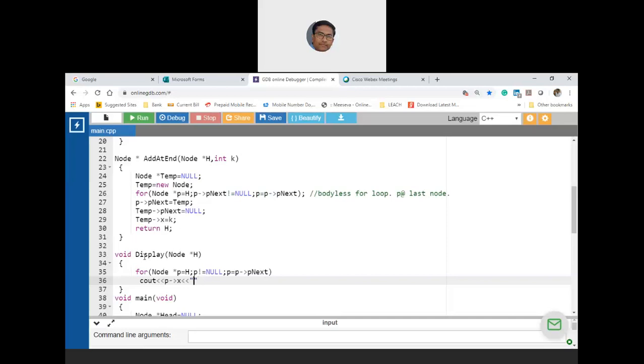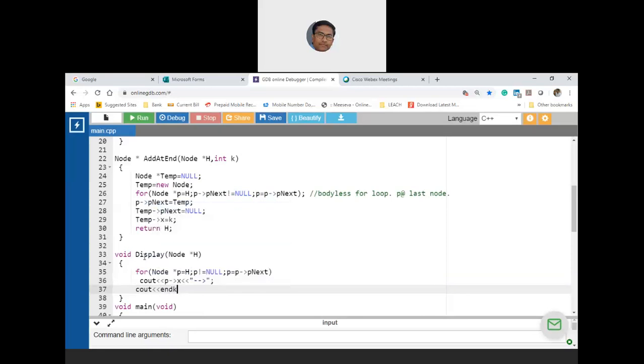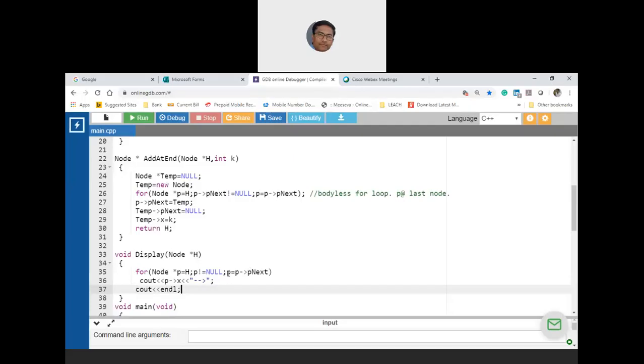Let me also print the link with a string like this. Okay, it's very simple. Take p, start from h. Don't take h and directly print, because what happens? H will be corrupted.